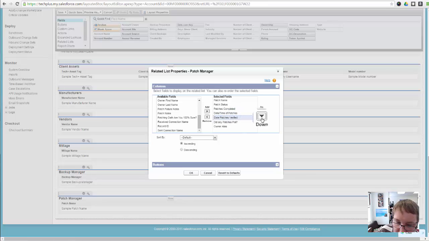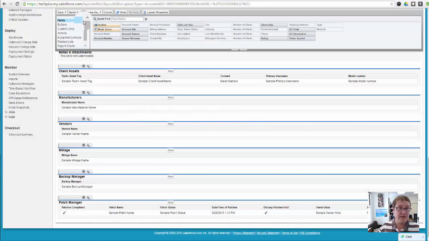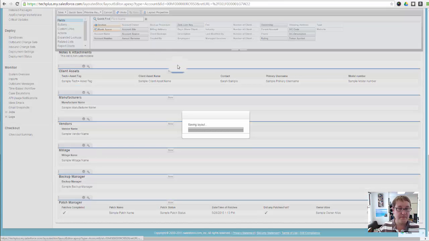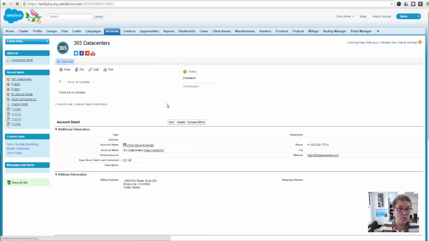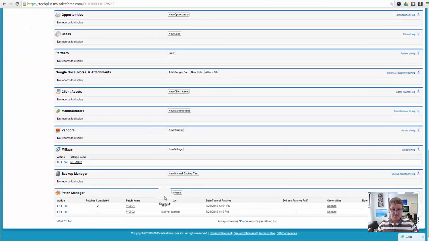When the patches were verified. So we'll put that kind of last, what time they were verified. I actually want the name first. So all right, let's go like that. Let's see what it looks like. So now if we look at 365 data centers, now we can see, okay, here's the date and time of